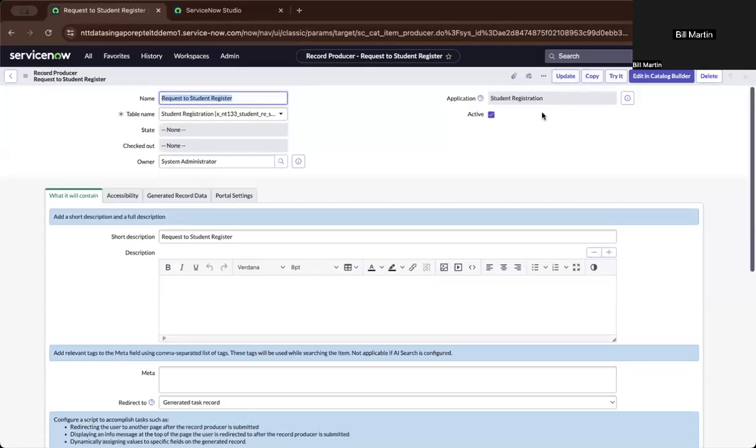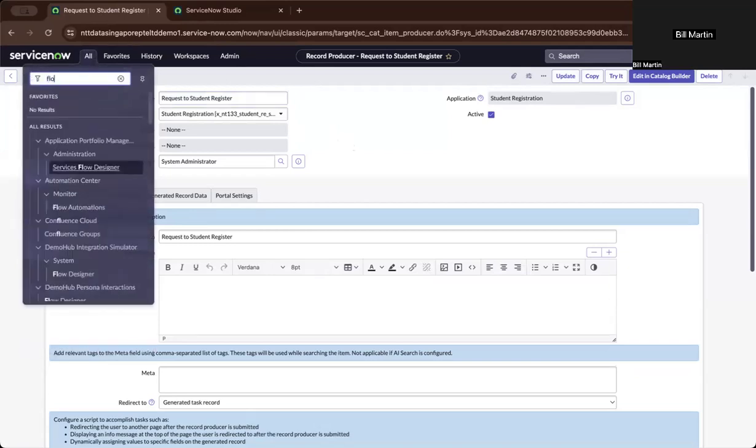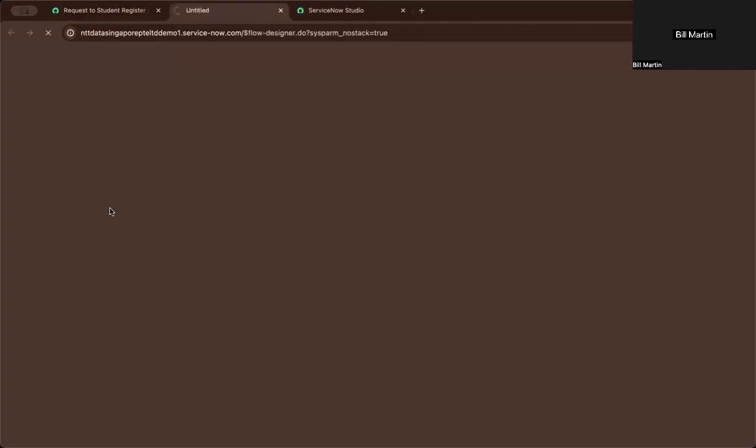Hi, Bill again. So previously we created the record producer, and now let us continue by building the flow, the workflow. So let's go to Flow Designer, and upon navigating, you can find it under Process Automation,